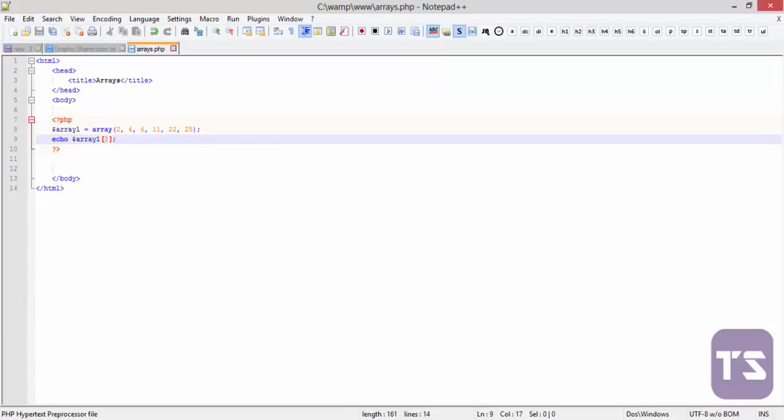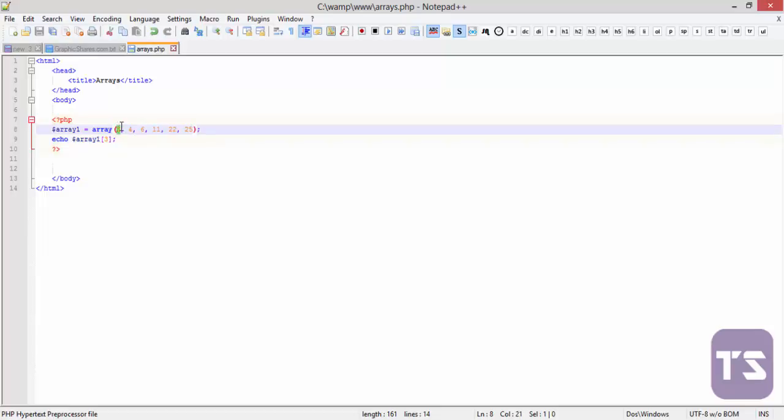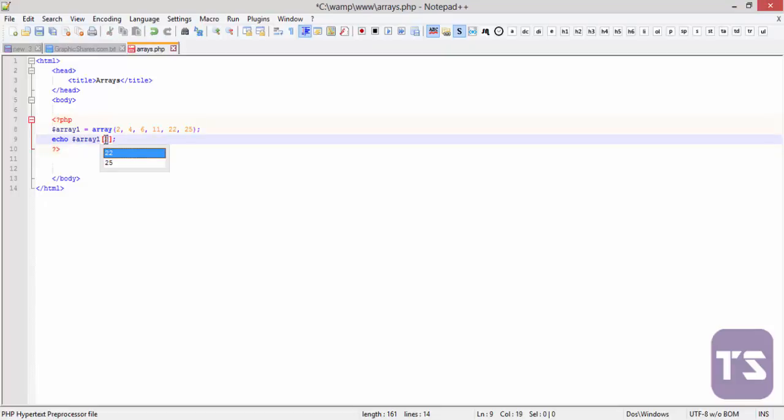Now, but if you look here, 11 is the 4th element. Now that brings us to a very important part of arrays that I want you to always keep in mind, because in arrays the element count starts from 0. Okay, the first element is given the position 0, then the next element, which is the second one, is 1, then 2, 3, like that. But the very first element is the 0th element. Okay, it starts its counting from 0. So if you want to echo the second element, in this case your result is going to be 6. Let's refresh that and see. As you can see now,